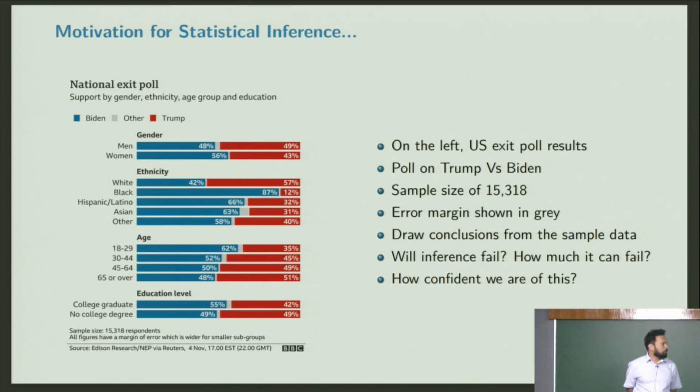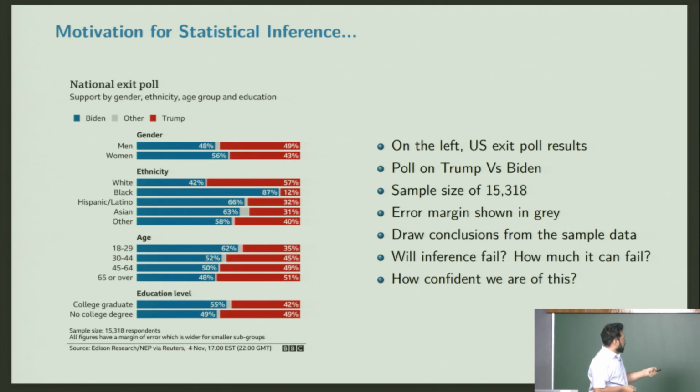If you look at the statistical data, you can have many types of statistical data based on demography, gender, ethnicity, age, and so on. Statistical estimation usually would start with some samples, obviously. So you will go around and you may have some questionnaire, with some questions related to gender, ethnicity, and so on. And then who is planning to vote for whom. In this case, it's the US election, so it's Biden versus Trump.